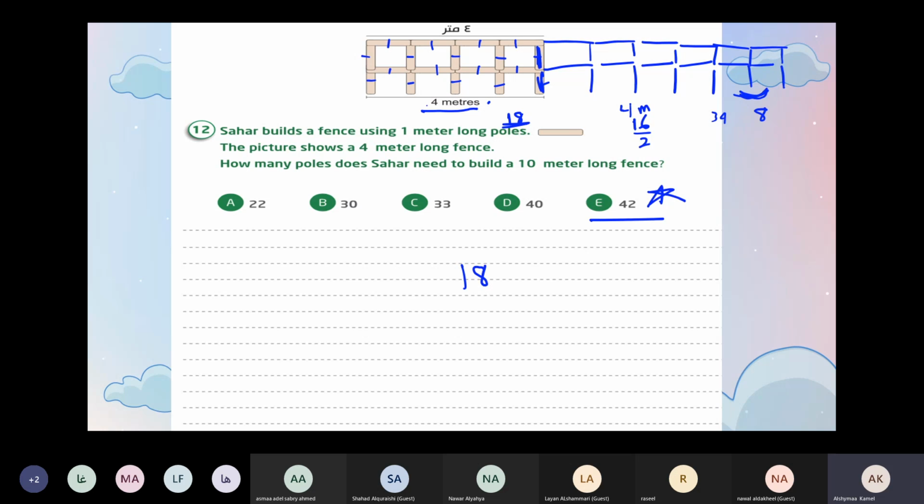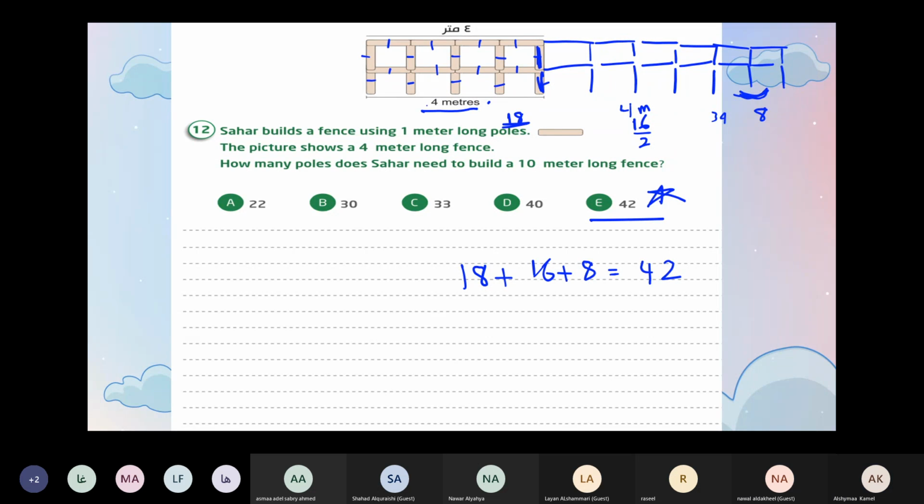I have 18, I have 16, and I have 8. How many in all? Equals, when I add them together? 42. You see? The way that you write, that you draw, it's right, but it will take a long